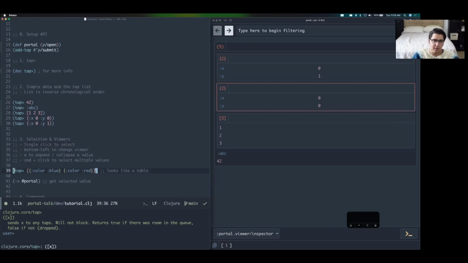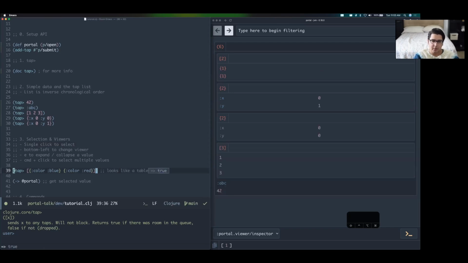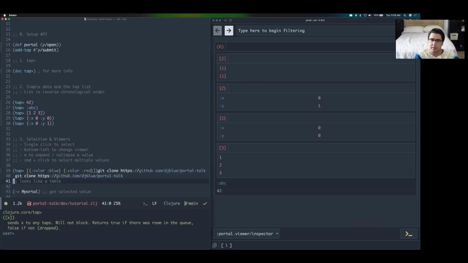So let me go back over, and I'll do. Yeah, this keycaster thing is not wanting to work. Sorry if you guys can't follow the keyboard shortcuts, but